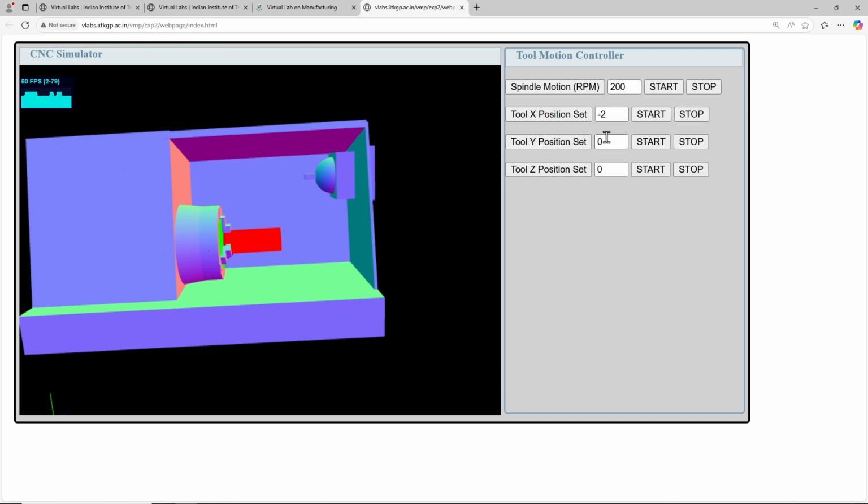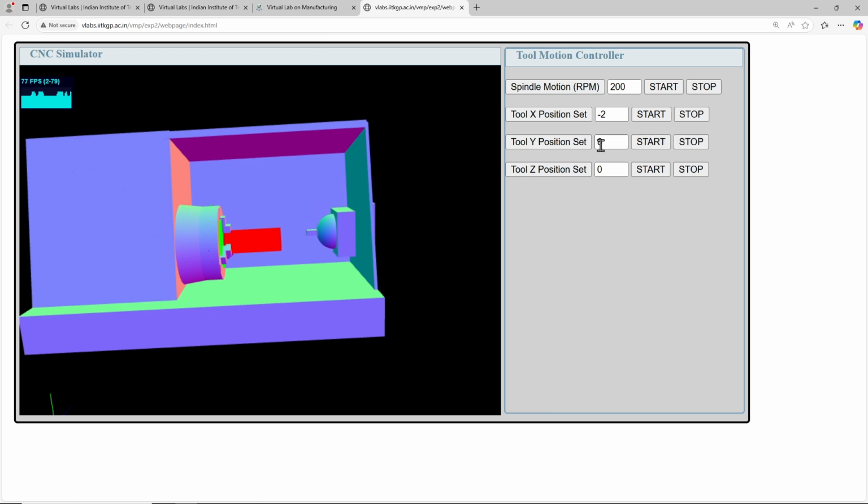Now, here the y position setup. Let me say this value as 1, I start it, the tool is coming down. This is the y direction. If I increase the speed to 3, then start, it is coming at a faster speed. Again stop it, increase the speed to 8 and start, see, it is going very fast now.